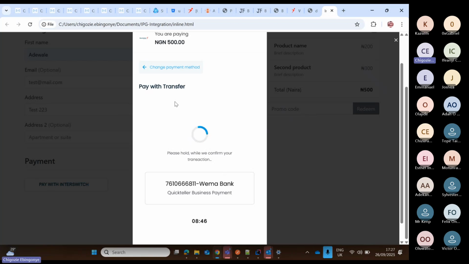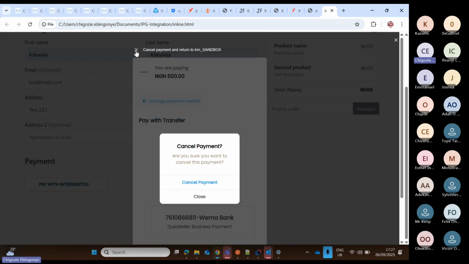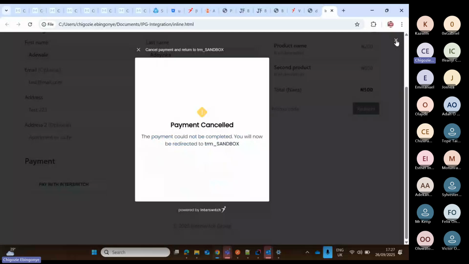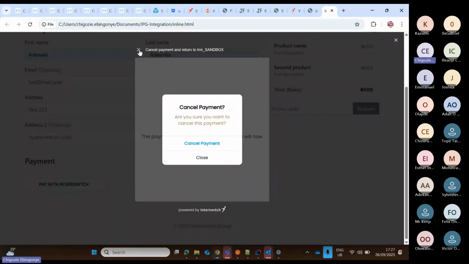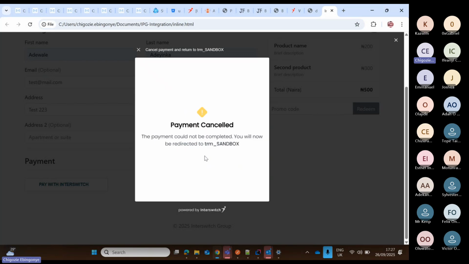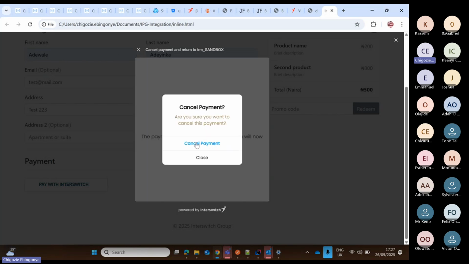Okay, so that's this part. So what are the APIs that we can call? I don't know if you have any questions for this before I proceed. So this is a sample I just showed for an integration to Interswitch for